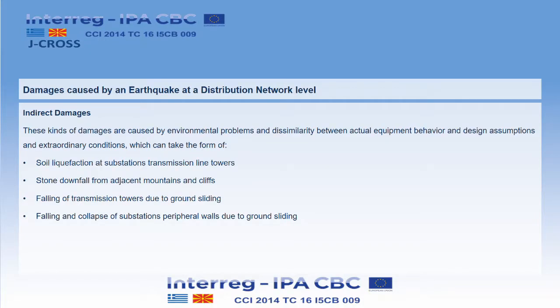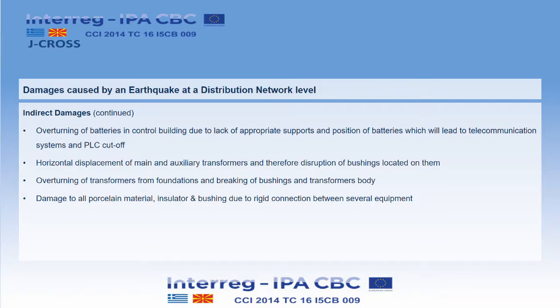Indirect damages. These kinds of damages are caused by environmental problems and dissimilarity between actual equipment behavior and design assumptions in extraordinary conditions, which can take the form of soil liquefaction at substations, transmission line towers, stone downfall from adjacent mountains and cliffs, falling of transmission towers due to ground sliding, falling and collapse of substations' peripheral walls due to ground sliding, overturning of batteries in control building due to lack of appropriate supports and position of batteries, which will